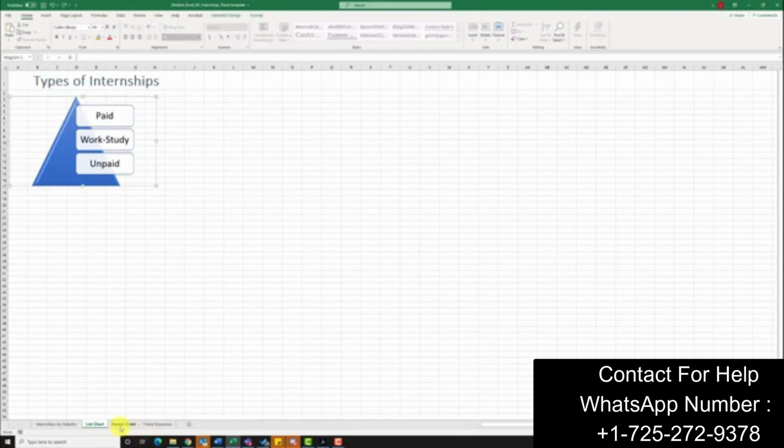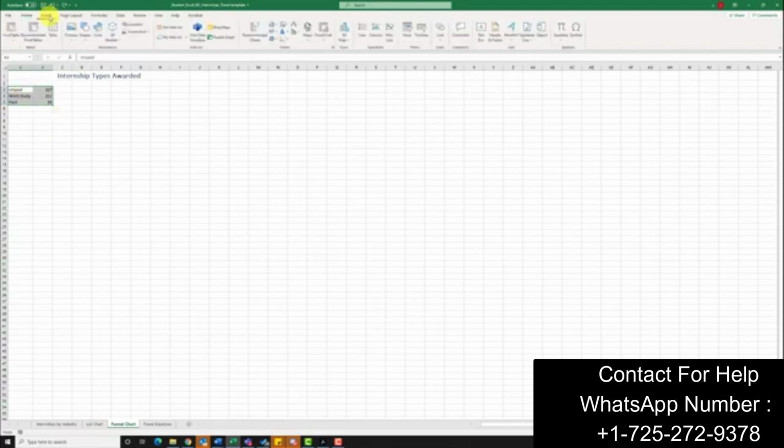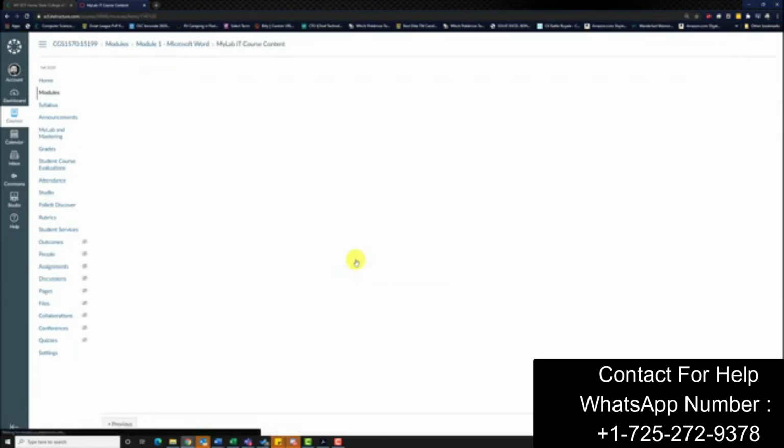So now we want to click on our funnel chart worksheet here and select A3 to B5, and we want to insert a funnel chart. To do this, we're going to hit the Insert tab. Under the Insert tab, I have 3 dots next to Internship Travel, hit my View Submissions,